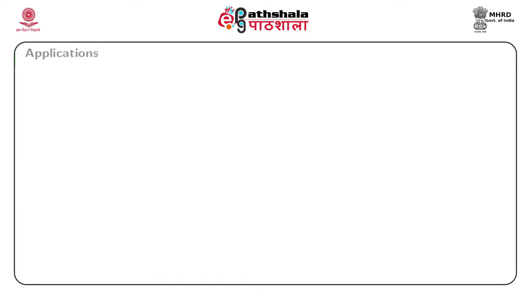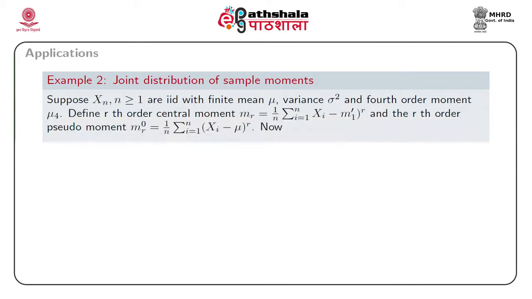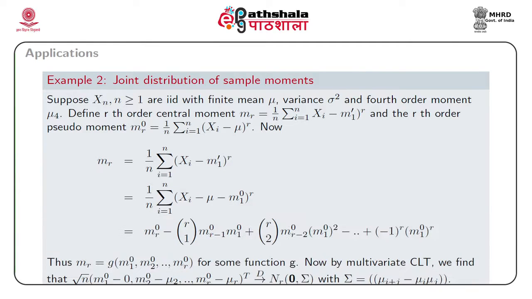Next, we consider the joint distribution of sample moments. Suppose Xn are IID with finite mean mu and variance sigma square, and we assume that moments up to order 2r are finite. So in this case, it is already discussed that the joint distribution of pseudo moments is easy to obtain and it follows from multivariate CLT. So, in order to find the distribution of Mr, that is the rth order central moment, we